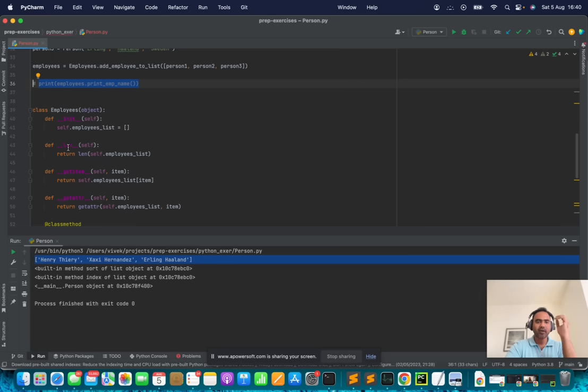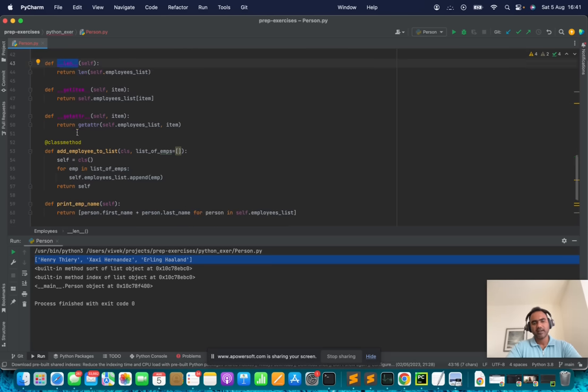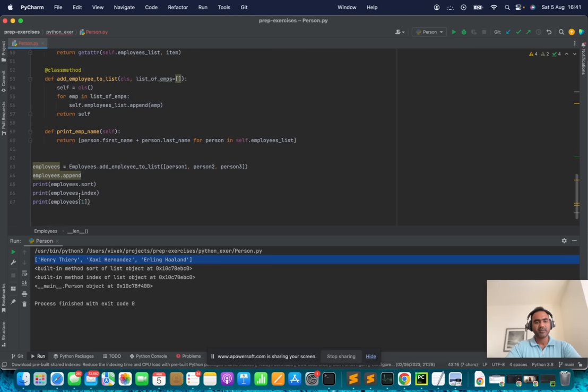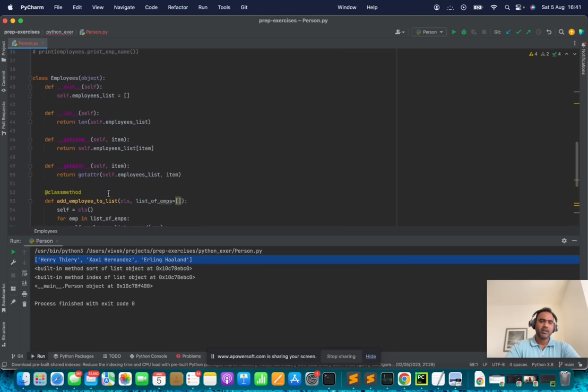I'm creating an employees class with these magic methods, like len. Here, double underscore len is going to intercept the dot, or maybe this particular thing that I'm going to do. This is one way of retrieving an item by index. We can retrieve items from a list using the index method. So if I do that, it is going to interpret that particular dot, this magic method, and it's going to,